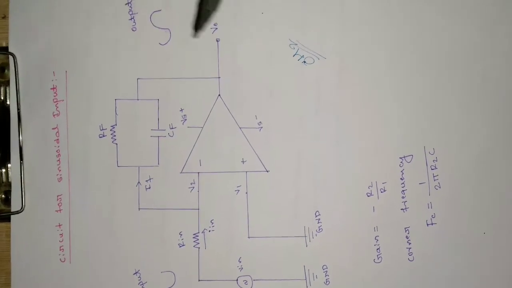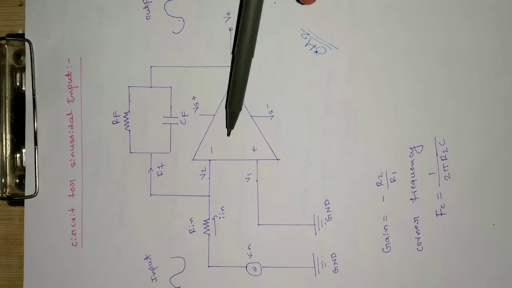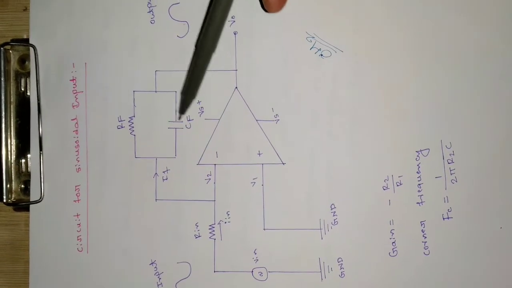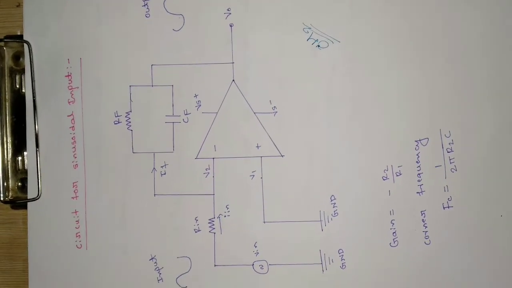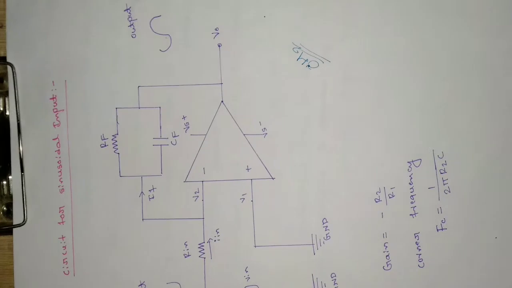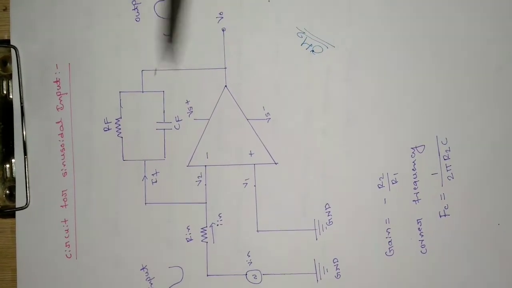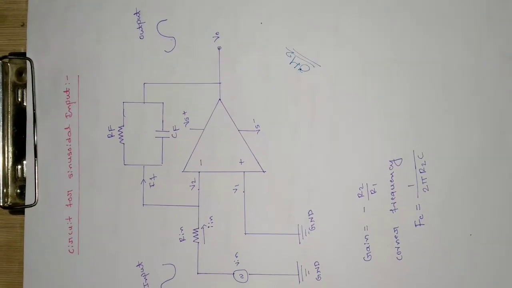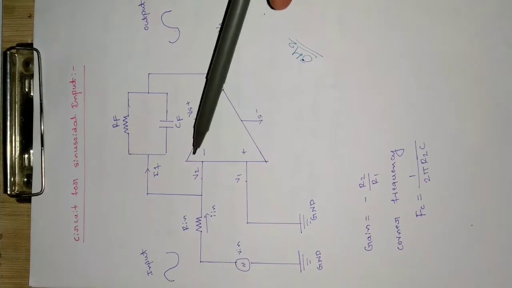Okay, so here we are using a feedback resistor. When zero voltage is applied to the input, the capacitor acts as an open circuit, so the feedback resistor will provide a path for the output signal to pass as the input again. So the output will be coming back as the input there. The rest of the things are as usual: input resistance, input voltage, V2, V1, IF and CF.